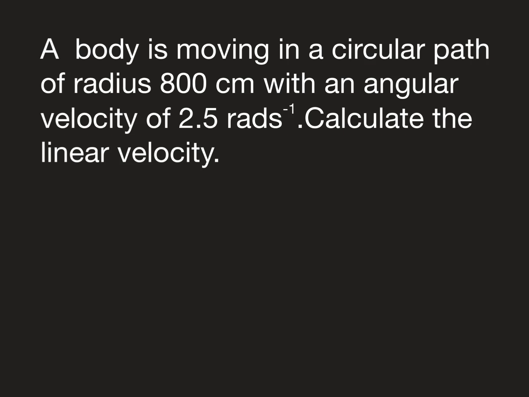Welcome back. We are on circular motion, and in front of us we have a problem that reads: a body is moving in a circular path of radius 800 centimeters with an angular velocity of 2.5 radians per second. Calculate the linear velocity. Solution: